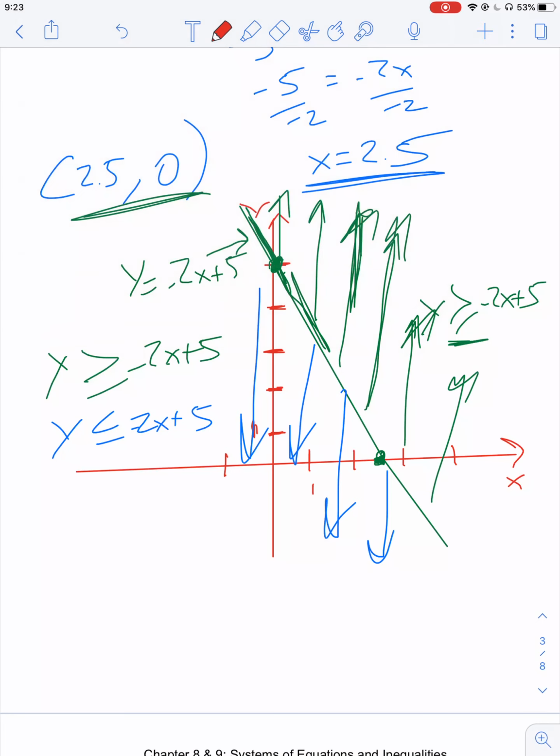The other possibility is, what if y is strictly greater than minus 2x plus 5? What happens then is that it's exactly the same thing, except that now this line over here, let me use purple, will not be a straight line, it will be a dotted line. So you'll have to put a dotted line over here to indicate that you're not including this line, you're excluding it. And I'll show you an example of that